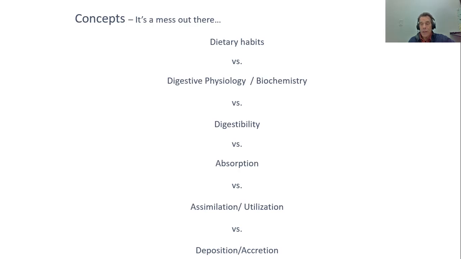First of all, I'd like to clean up some of the concepts. Very often when I listen to work on digestibility and digestive physiology, I find lots of mix-up. Very often people will confuse dietary habits with the ability to digest something. Let's say a grass carp can consume grass, so therefore they say it can digest grass. A trout doesn't eat grass, so therefore it cannot digest grass. The dietary habits, whether it's a carnivorous or omnivorous fish species, do not necessarily imply that an animal is able or not able to digest something.